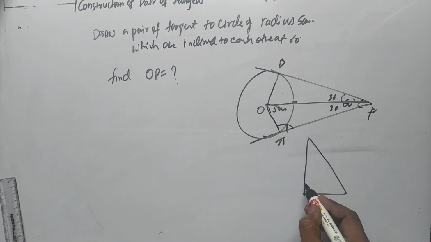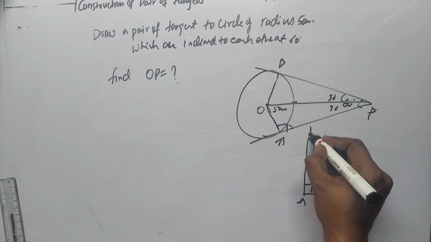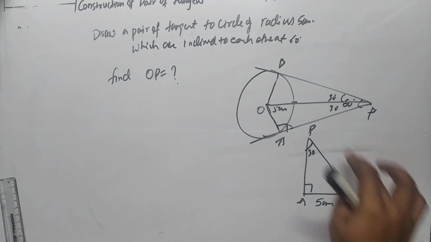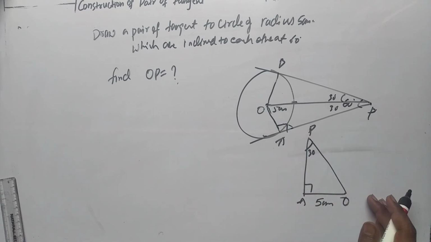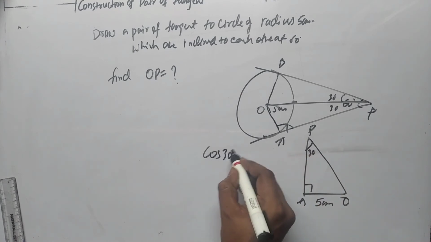This is A, this is O, and this is P. This is 30 degrees, and we know the value of OA is 5 centimeter. We have to find the value of OP. To find OP, we can apply the trigonometry ratios. The trigonometry ratio related to the hypotenuse and base is cos theta. So here if I apply cos 30,